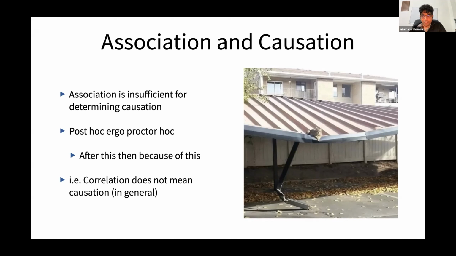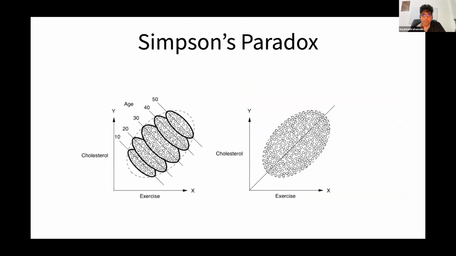We have to be very, very careful, because associations can be quite misleading, right? As the adage from statistics goes, correlation does not mean causation in general. An example of this which can come up in a scientific context is these instances of Simpson's paradox, where, if you look at the graph on the right,